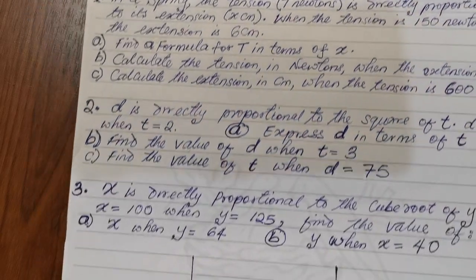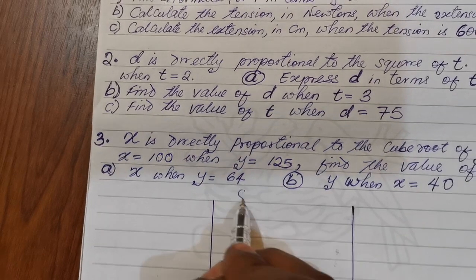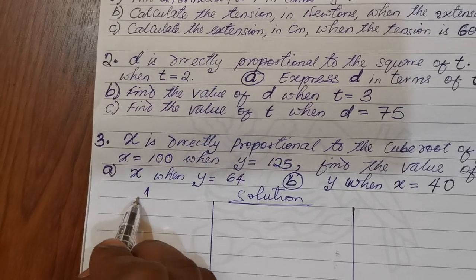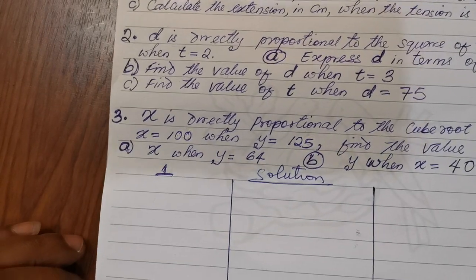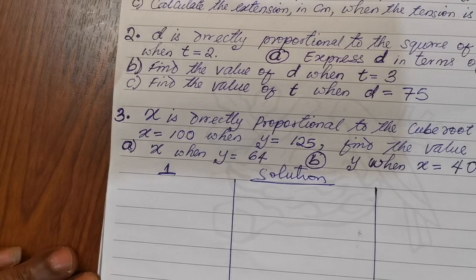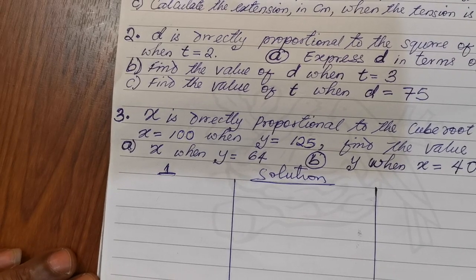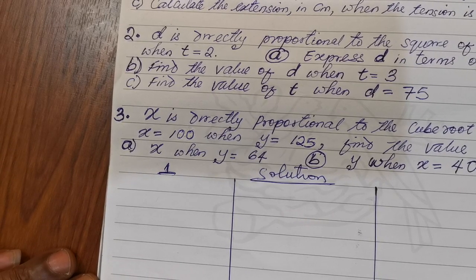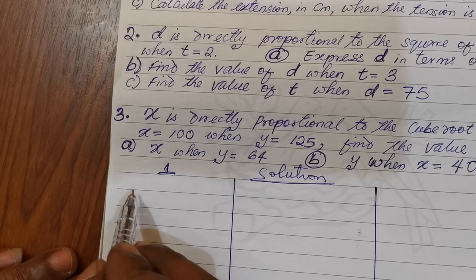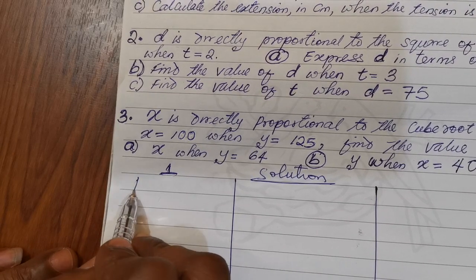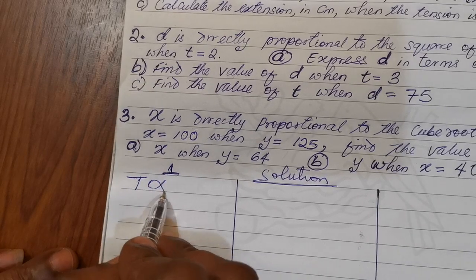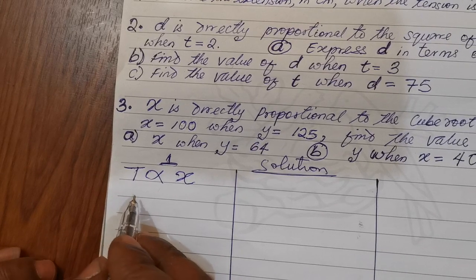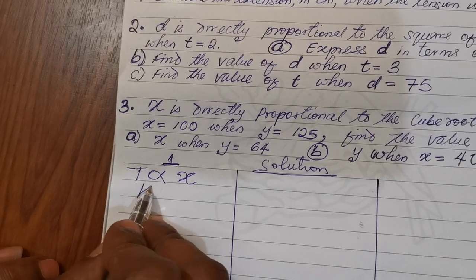Okay, now let's look at this first question. I'll use this to be my question number 1. Now the first question says that in the spring, the tension is directly proportional to the extension. The tension is T. T is directly proportional to the extension, which means that we have this, that T